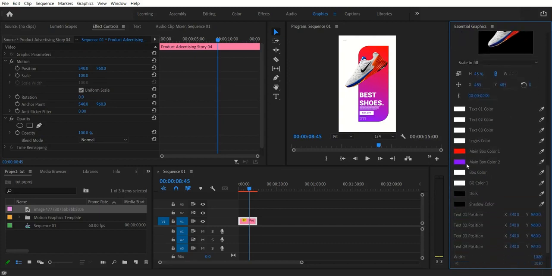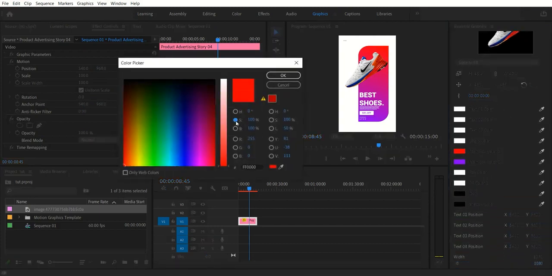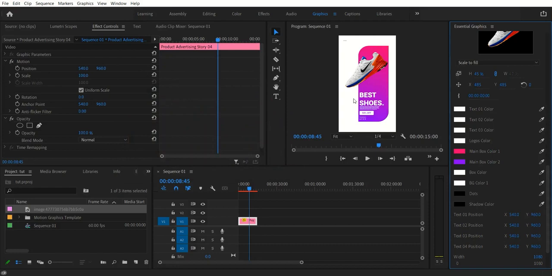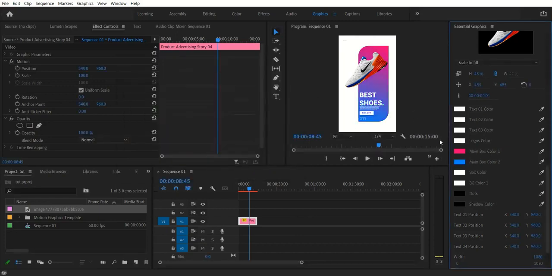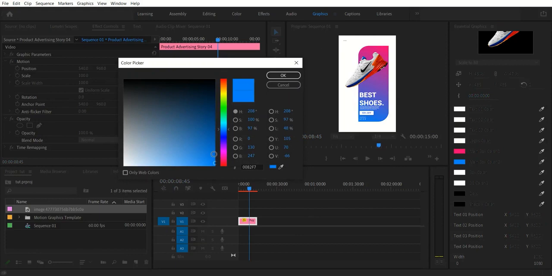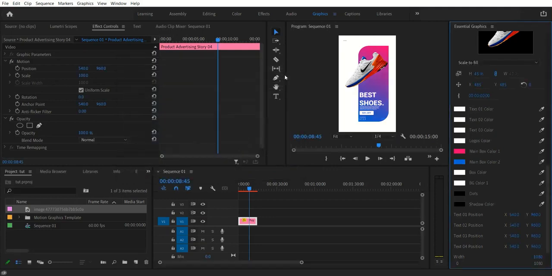You can change the colors, saturation. Okay, oh, a bit darker. Okay,